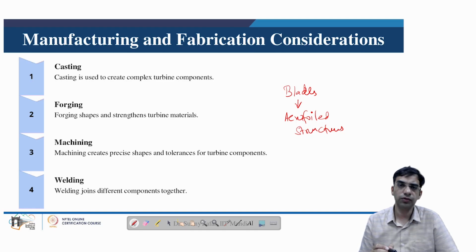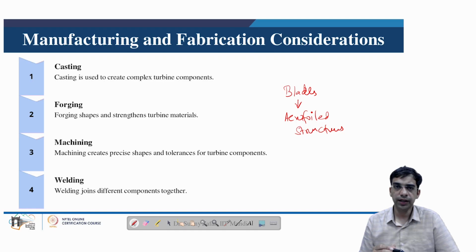Here it is mentioned as forging, because forging is also one of the forming processes. But forging in a different sense may be used in some components of a gas turbine, which can be done by a hot isostatic pressing process. This type of forming process is essential because it shapes, or I can say it strengthens, the turbine parts by refining their microstructure, removing any residual porosity or stresses.